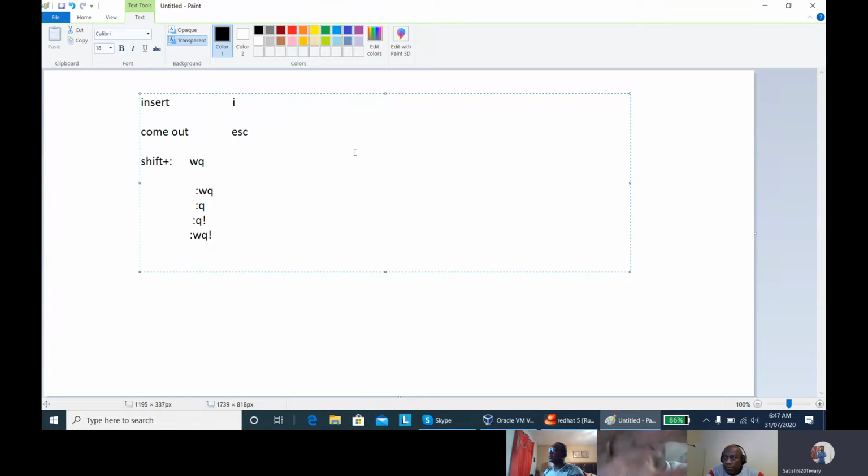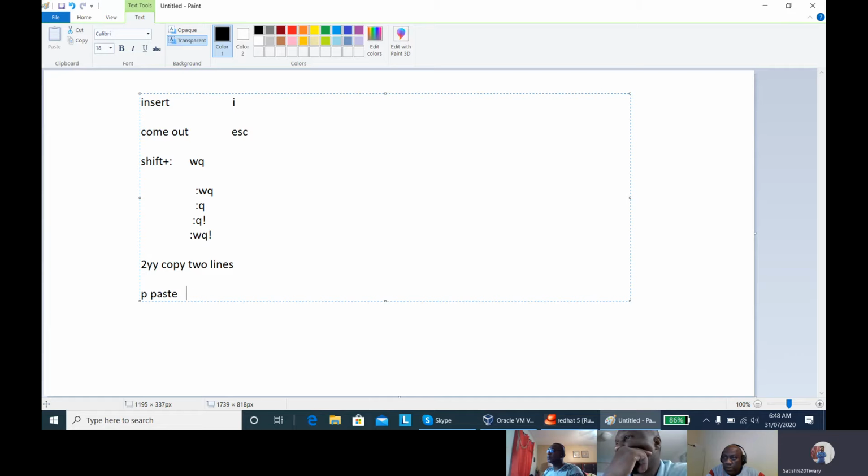Now, I have used the term copy paste. Suppose you want to copy two lines, just go to that line and type 2YY. This command will copy two lines. And if you want to paste it somewhere, suppose just below the lines, you go to that line and type P. So P here is for paste. You can use a small p and you can also use a capital P.